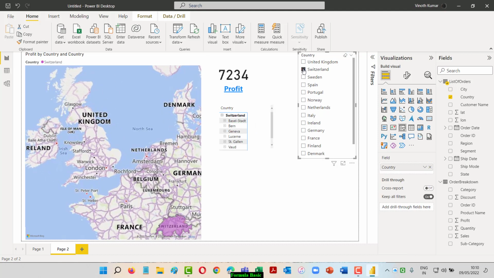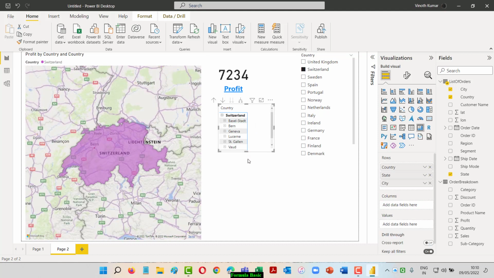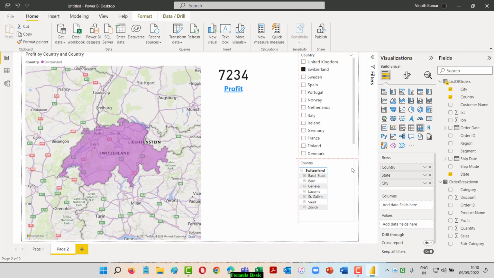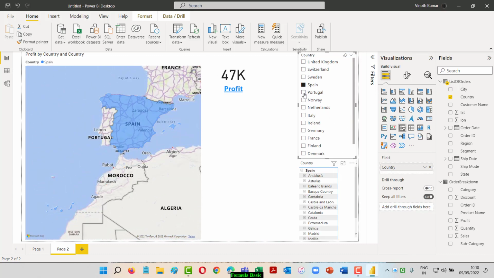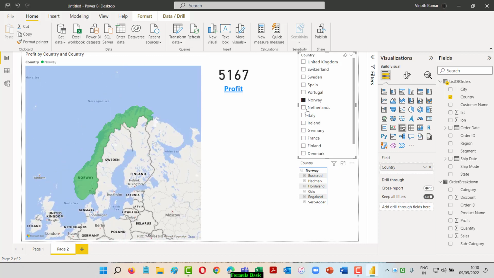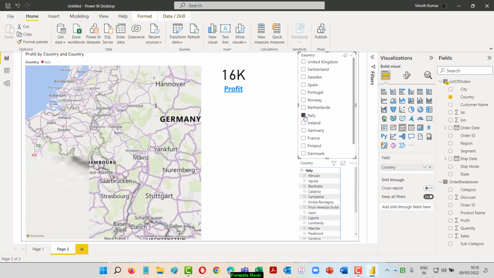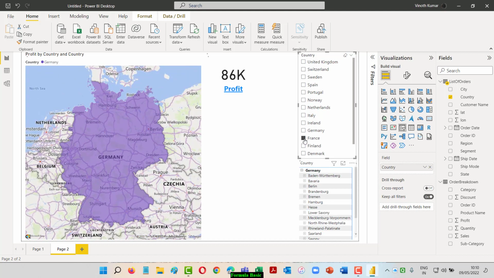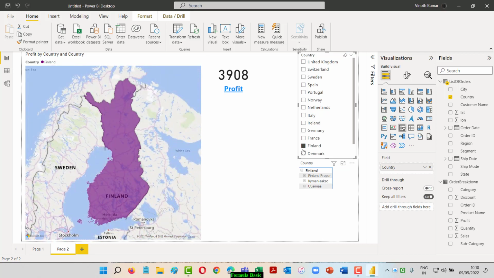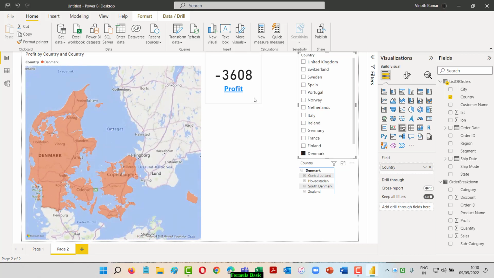So when I click Switzerland here, you can see that only one level is coming up here. So just check out how many cities are in display, so that based on that you can set the multiple tables wherever you feel it is relevant in your data, so that you can see what's happening in each and every city better, or at least the state level you can see that. So when I pick up this data, you can see each and every map moves on the left hand side, and you can see the profit that is going to change for each and every country that I choose here. And again, when I go back to the country here, the data are a little weird here,